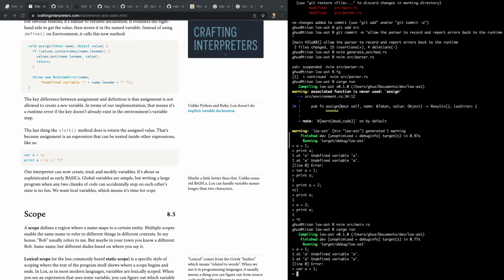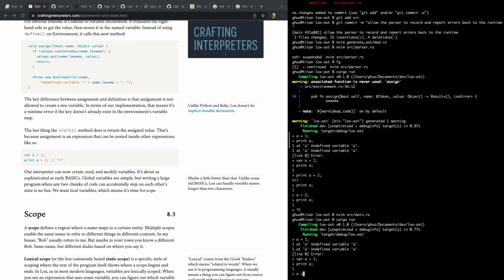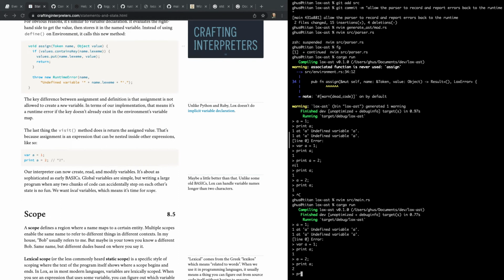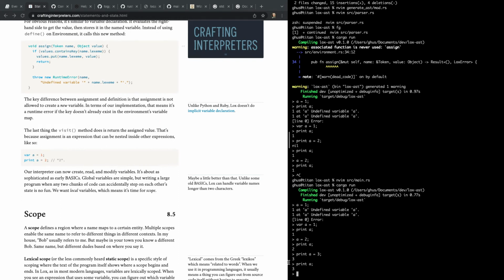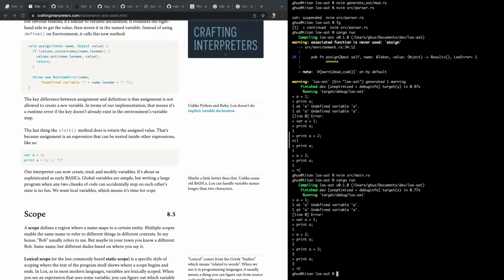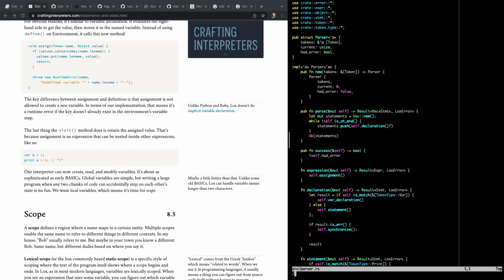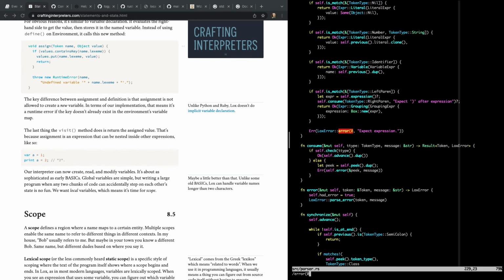Var A equals 1. Print A. A equals 2. Print A. Print A equals 3. Print A. So it assigned it, returned the value 3. Okay, so this is all working. Nice. I do want to dig this up, and this line 0 error with nothing there is kind of annoying, but that might be this line here, but I'm not seeing the word expect expression, so I'm not sure where that blank line 0